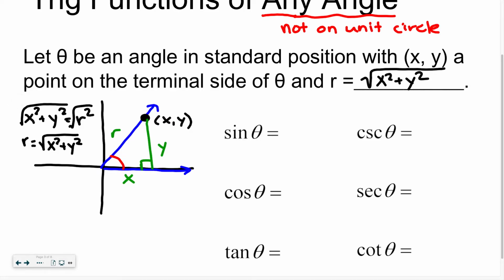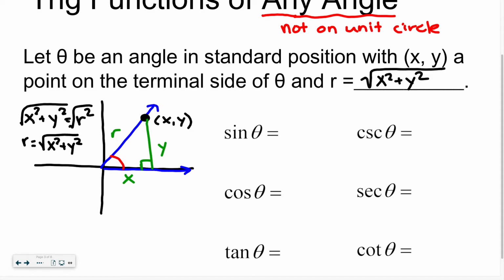Could it be equal to 1? Yeah, it could be a point on the unit circle, but it can also equal anything else. Like, we don't know what the radius is going to be. And then, if you're looking at the picture, you can generate all your trig ratios thinking about your old SOHCAHTOA